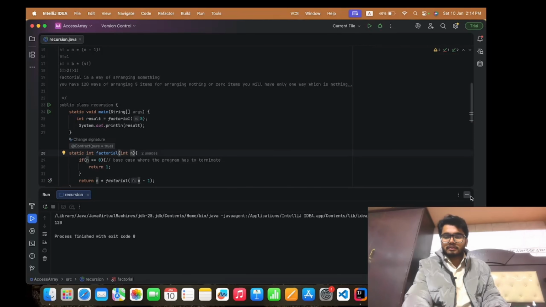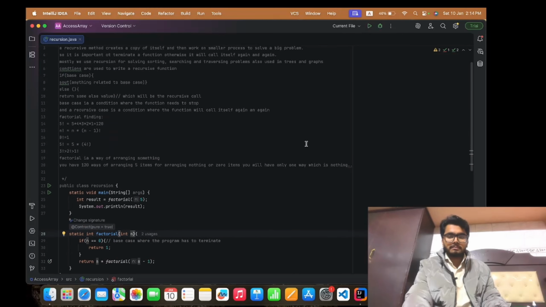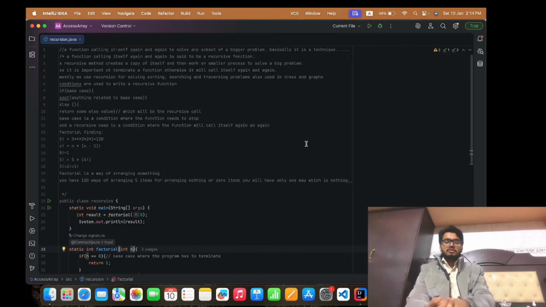So this was a simple recursive concept. I hope the recursion is now clear. You will get these notes and this code example. For now, this was the video on recursion, but recursion doesn't end here. Till now you are good to go on recursion. You just have to remember these concepts. Before starting dynamic programming, we will have another video on recursion where we will discuss its problems, which are important to be addressed.